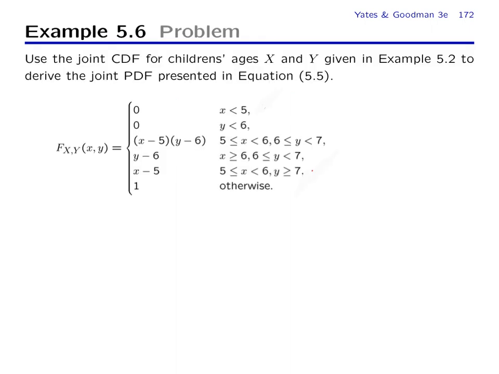Before working with the joint density though, let's go back and revisit this problem we saw last class where we had a joint CDF of random variables x and y, where x was the age of an average first grader, y was the age of an average second grader. We had this incredibly complicated joint CDF to say that x is usually between 5 and 6 and y is between 6 and 7. So here we're going to use our theorem